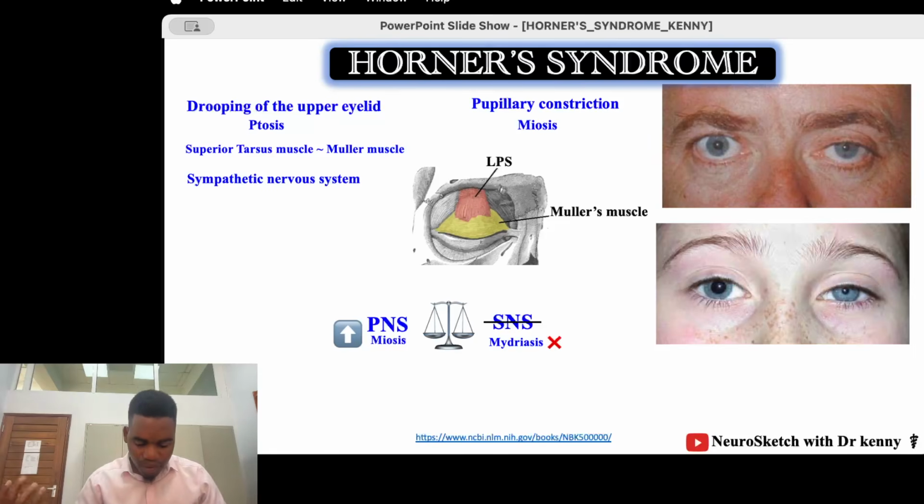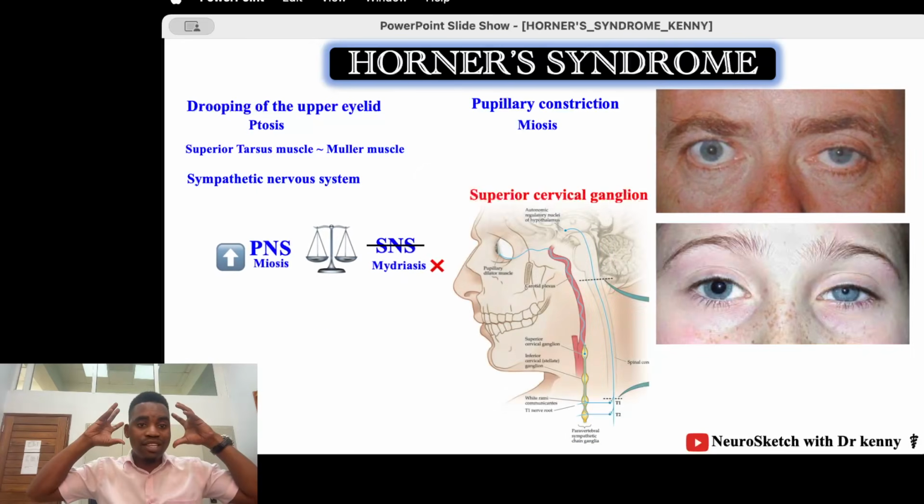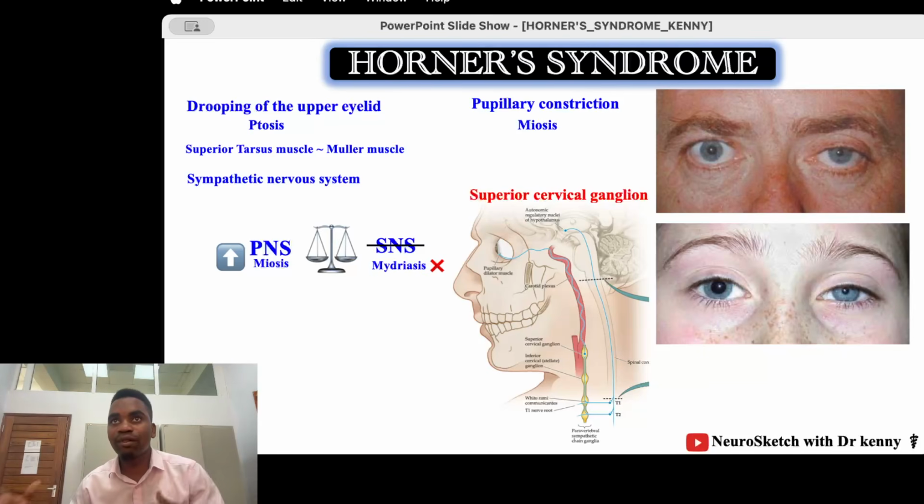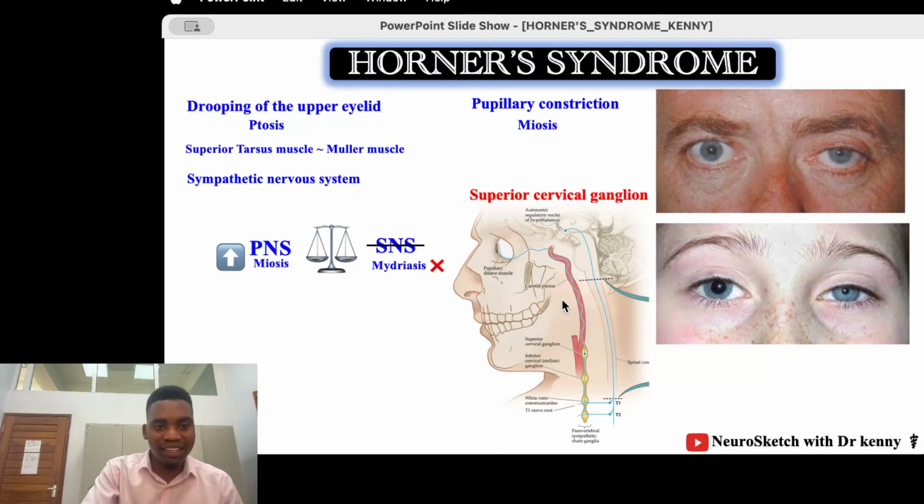And what did we say again about the sympathetic nervous system? We said it is thoracolumbar. We don't have the sympathetic nervous system within the head. So if you want to bring the sympathetic nervous system to the head, you will need to take it from the superior cervical ganglion, and it will come by way of blood vessels, and that could be the internal carotid artery or the external carotid artery. So if you have damage, maybe at the superior cervical ganglion or anywhere along the path of the sympathetic nervous system,